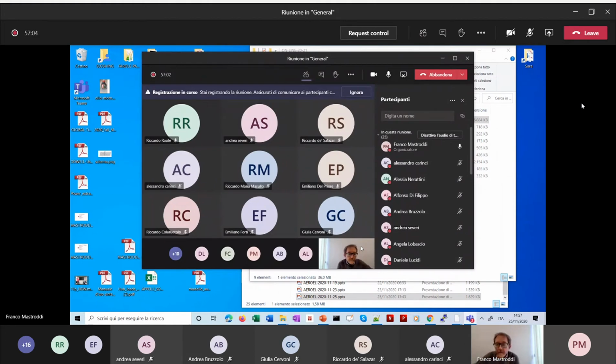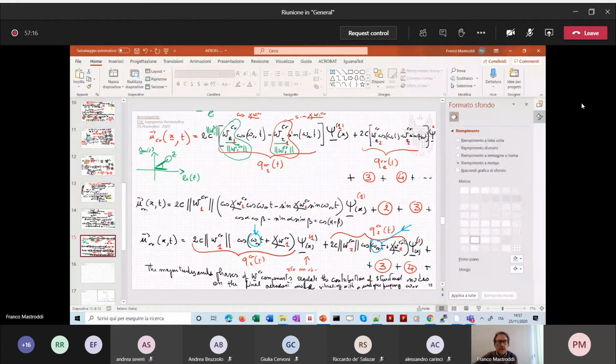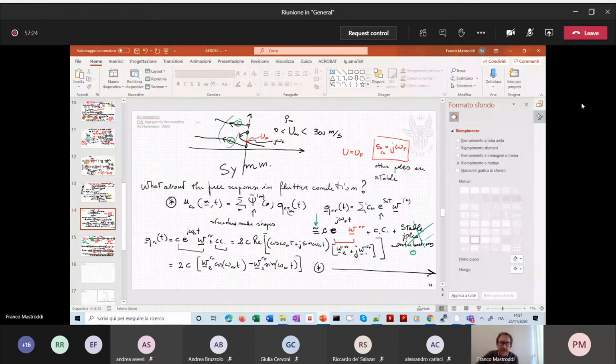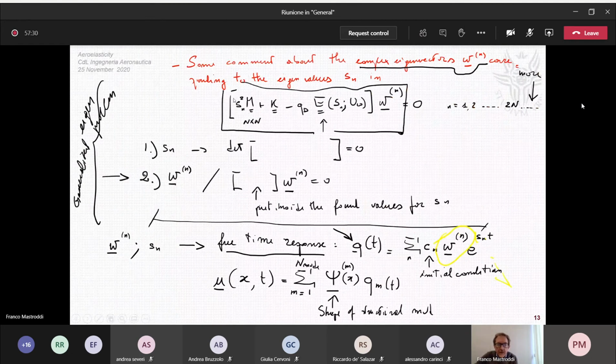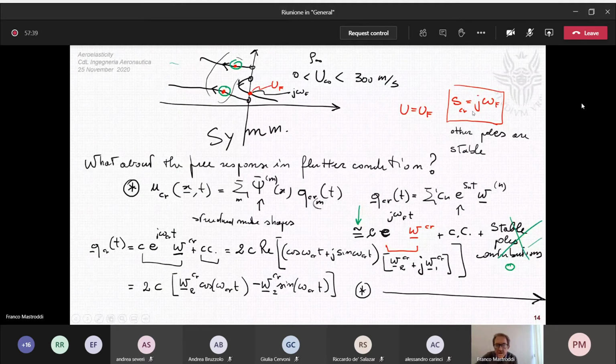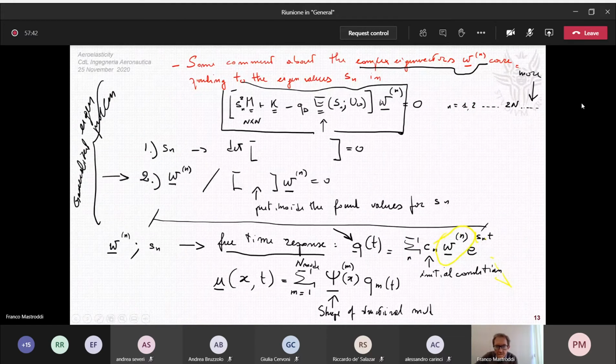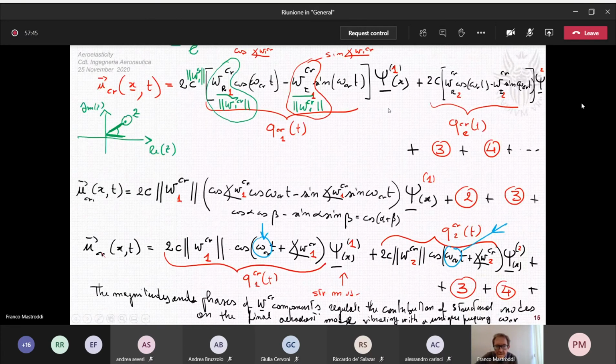Okay? Is this clear now? Now this concept is clear physically and mathematically, just observing this relationship. Okay? And this is the role of the eigenvector in your flutter analysis. After evaluating your poles, if you evaluate the critical eigenvector corresponding to the critical eigenvalues, the critical eigenvector is a complex vector such that